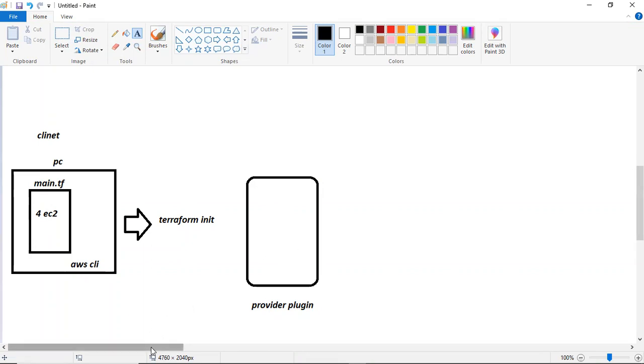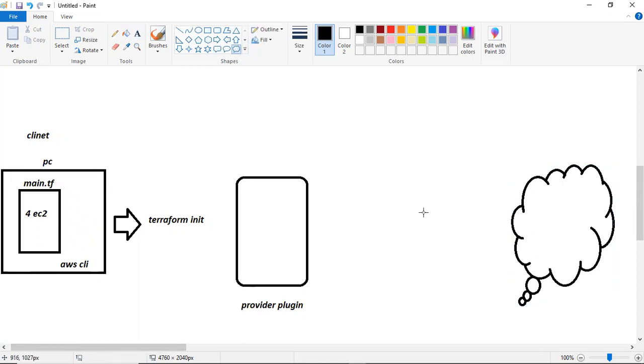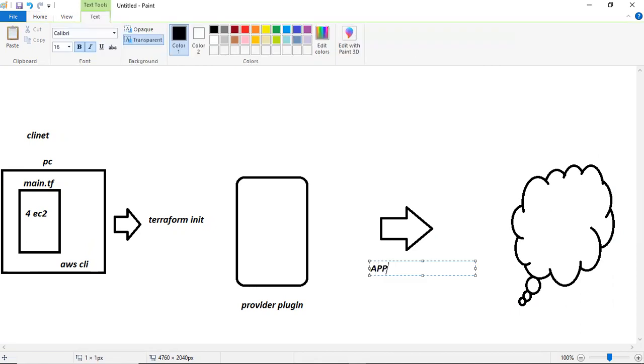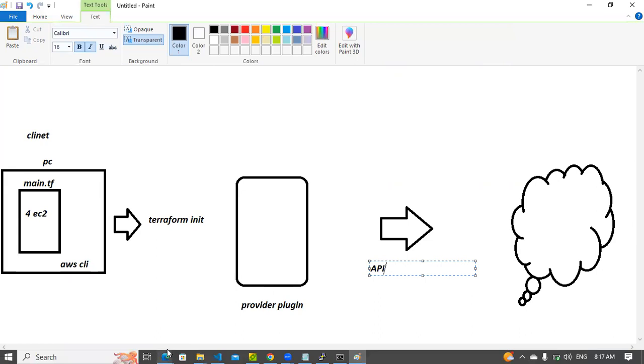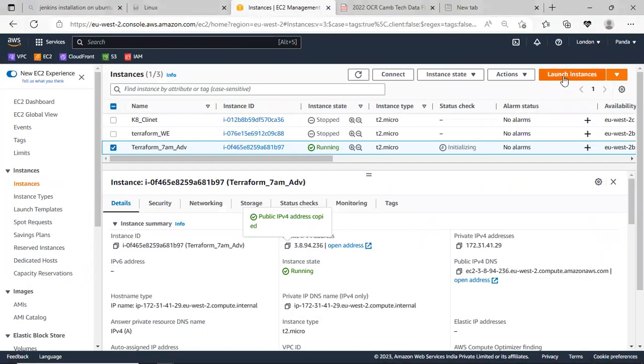Okay, this plugin is used for the interaction with the cloud. This guy will be generating APIs. So in the cloud, what happens in the console? I have this button, launch instance.